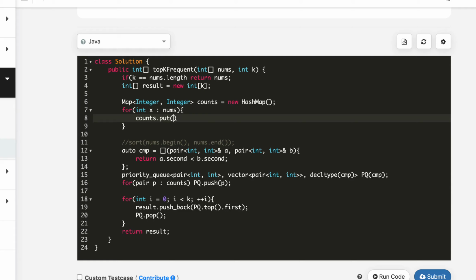Counts dot put. The first time we are putting, the element will be absent. So this is the key x, and its count will be counts dot get or default. So if this is absent, use a default value. If it's present, then use that. And either it's the actual count or 0, add 1 to it, and that will create the map.